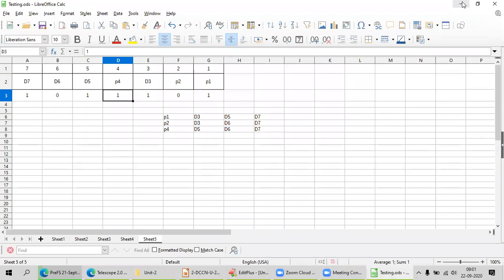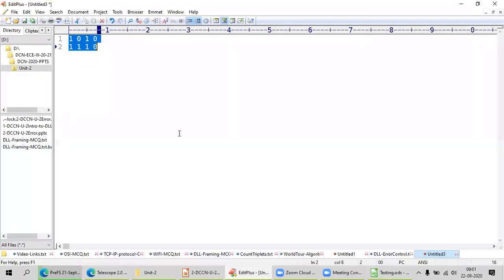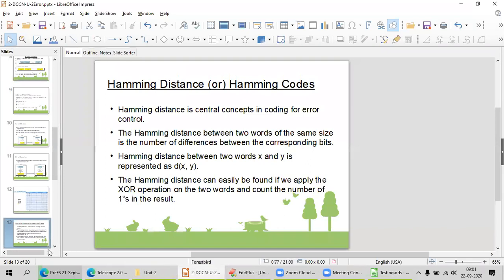What is the resultant of this XOR operation? 0, 1, 0, 0. So the minimum Hamming distance is 1. Like this, there can be many characters, and according to that you will have the minimum distance.